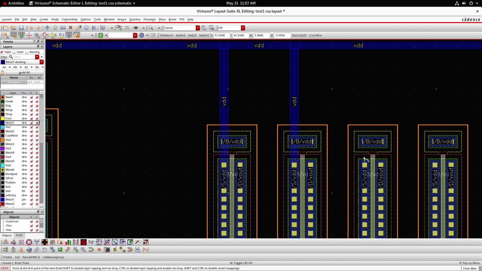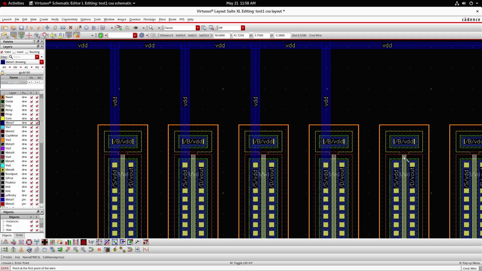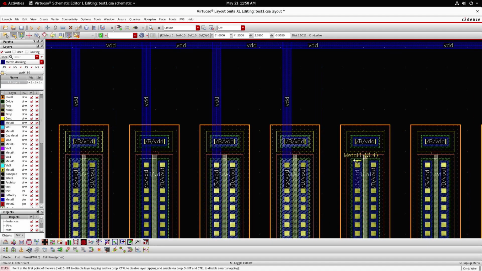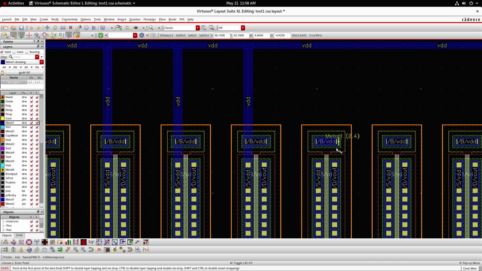That is, the source connection is completed now by executing this, as well as the body also connected. After this, I need to connect the drains of these multipliers appropriately as shown in the circuit diagram.